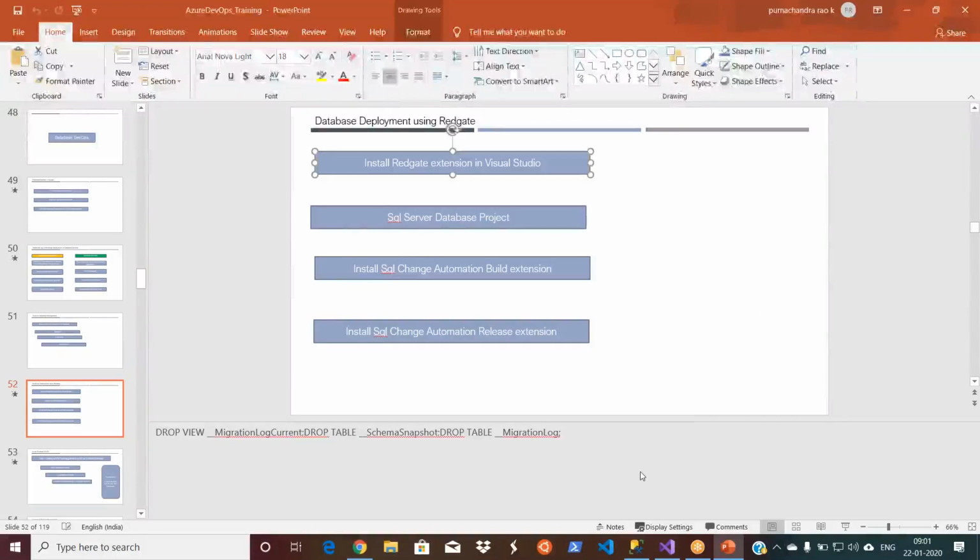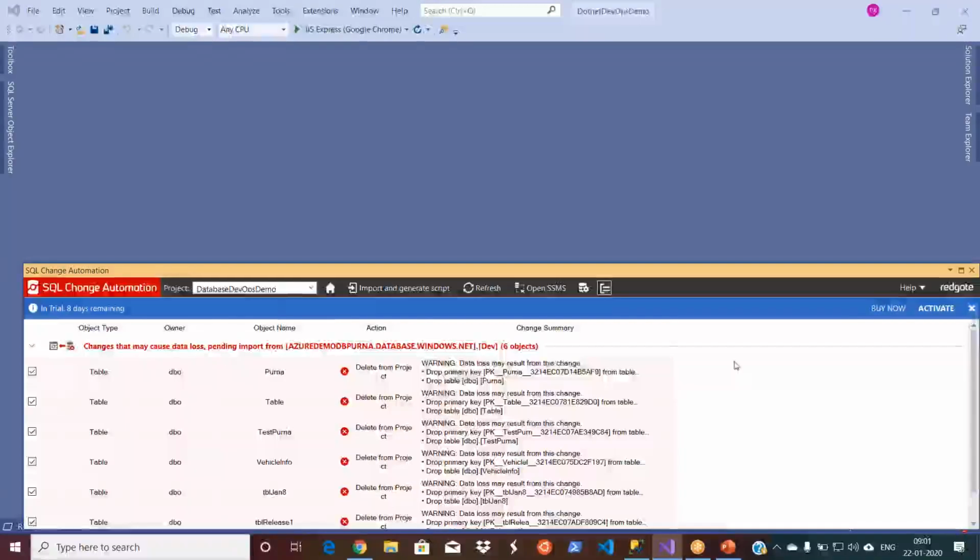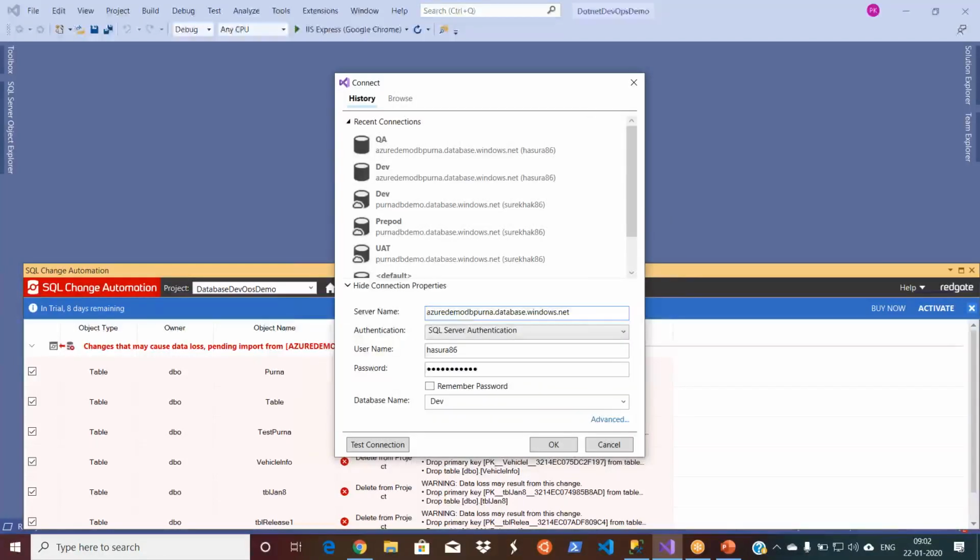Okay, so while it is going on, let it take time. So hey, what is it saying? Did I create anything? I did not create anything. But I think this is connected to some different one. This is not my current database. This is my old one. Let me see if something went wrong, because I was telling, right, did I click something? Let me see if it is connected to the same thing.